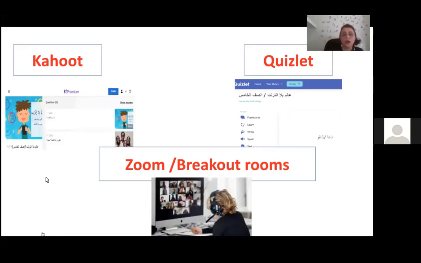So, according to what I've mentioned before, because we are teaching this unit virtually, Zoom is really important for us. In Zoom, we have different breakout rooms. These breakout rooms help the teacher to differentiate and take students to work with them in small groups, giving them her feedback, and going from one room to the other to see how the students are working. And the students working together in the debate have the chance to face each other